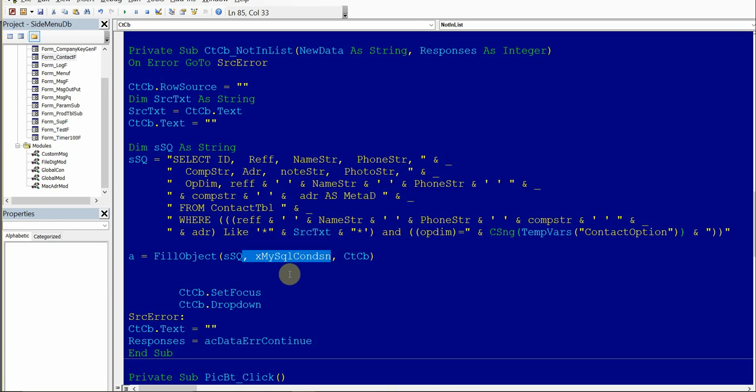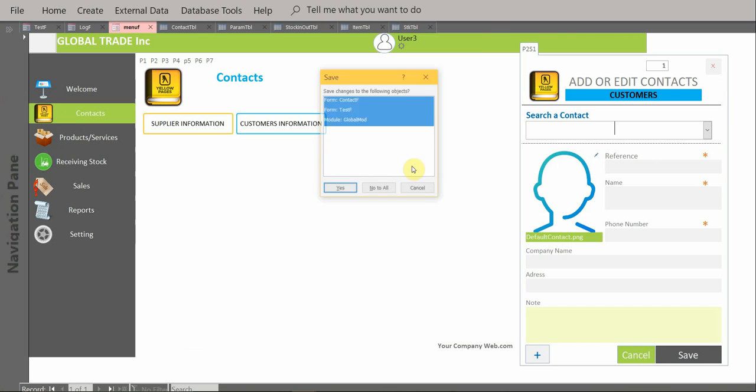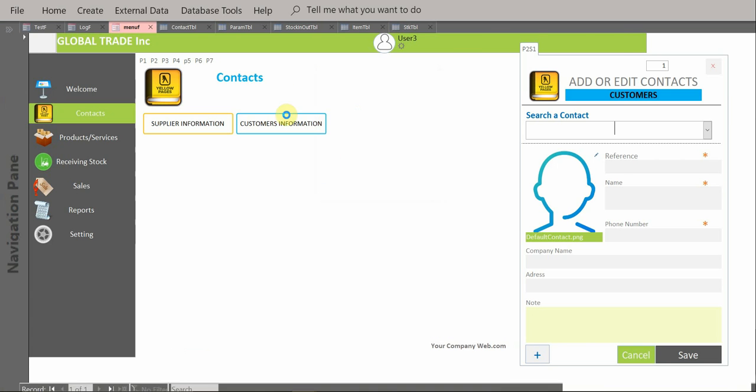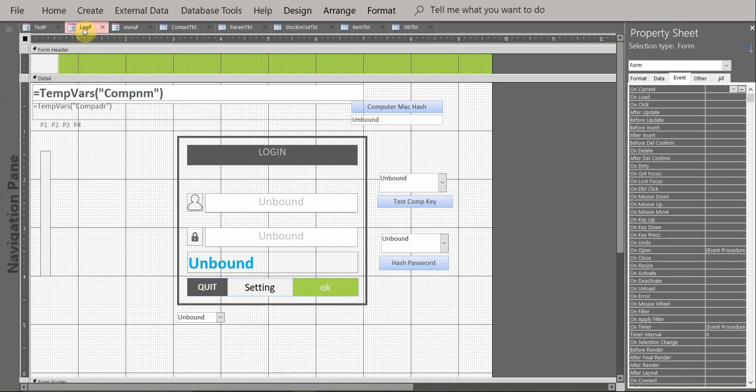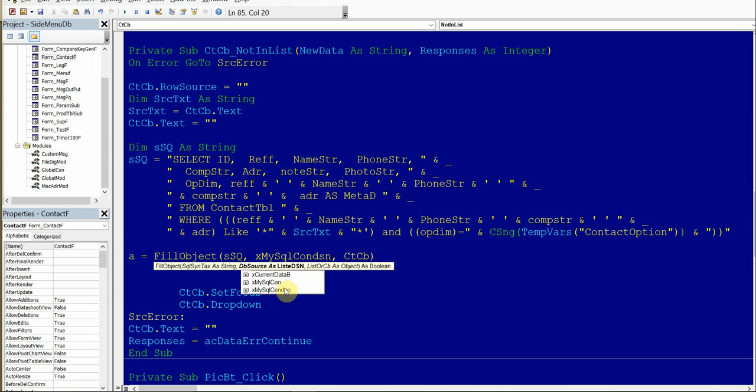Let me copy because I have a timer running. If I remove this one, I put, sorry, the timer is running. This is so fast. Let's go to design view on this form, and then the login form also. We are in design view. So let's go back to the code. Okay, I remove this comma here. You see that